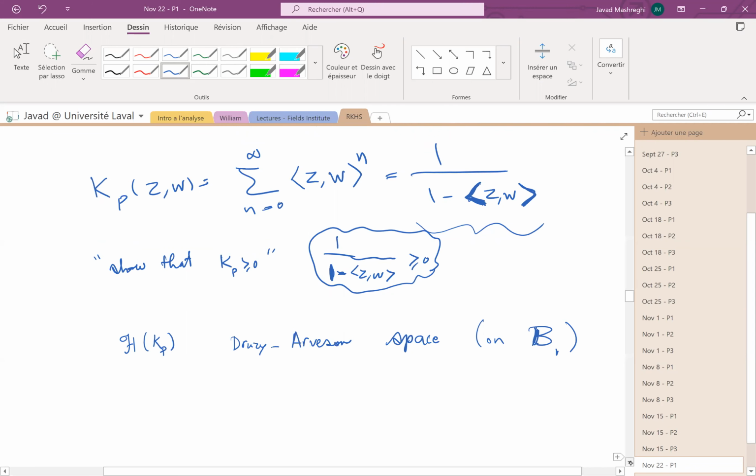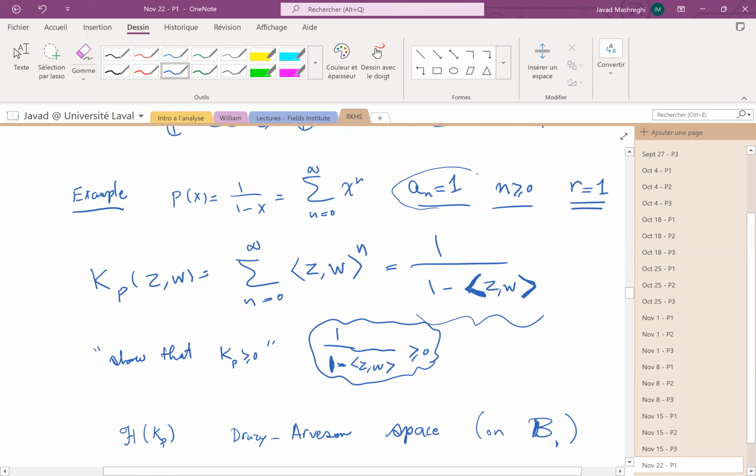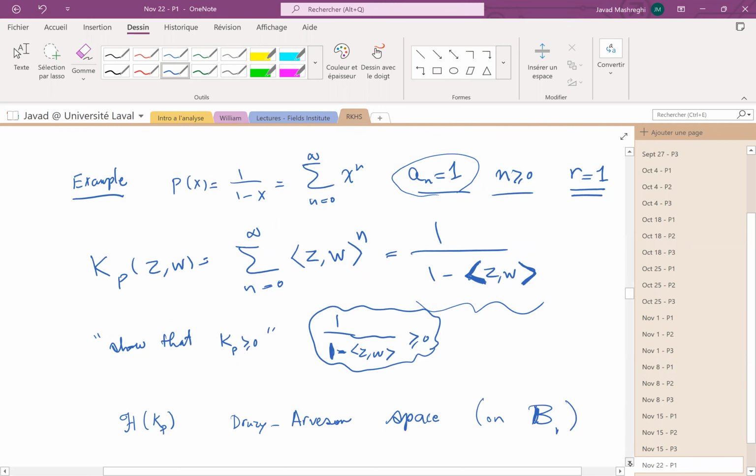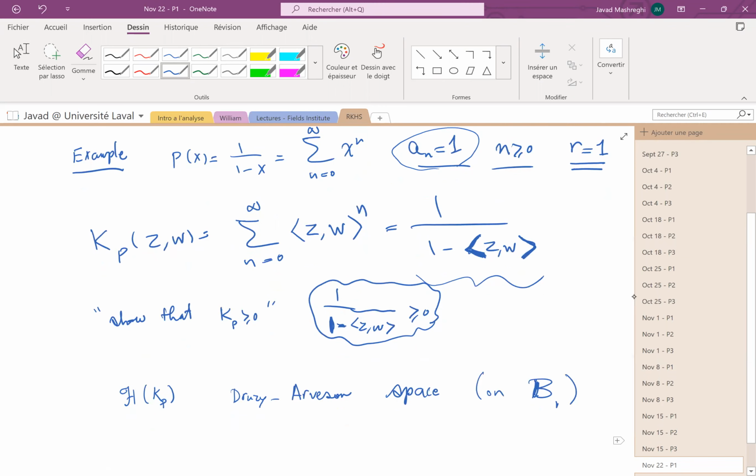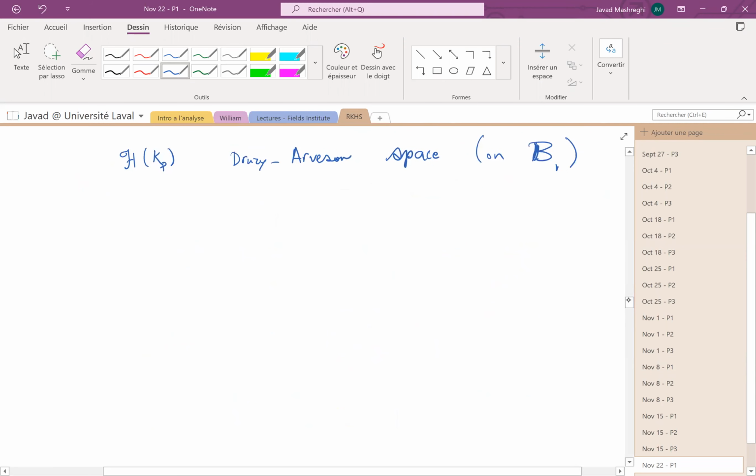The only thing which we can immediately extract from the previous theorem, because a_n is not 0 for all values of n, we can immediately have this corollary, that it contains the product of all functionals, because all a_n are non-zero. The Drury-Arveson space on B_1 contains